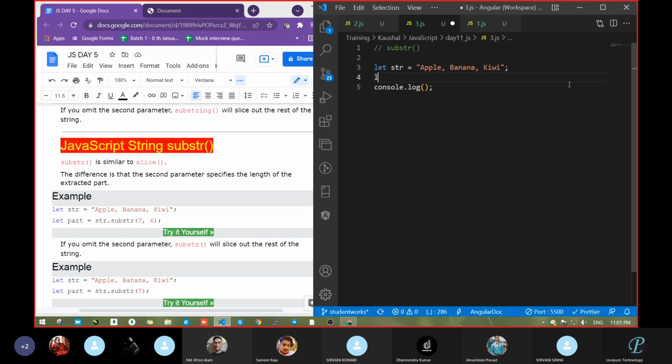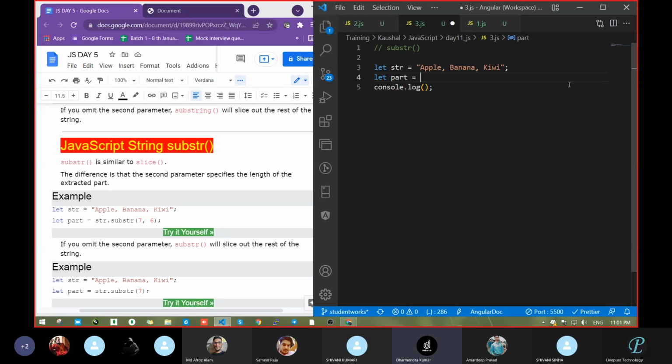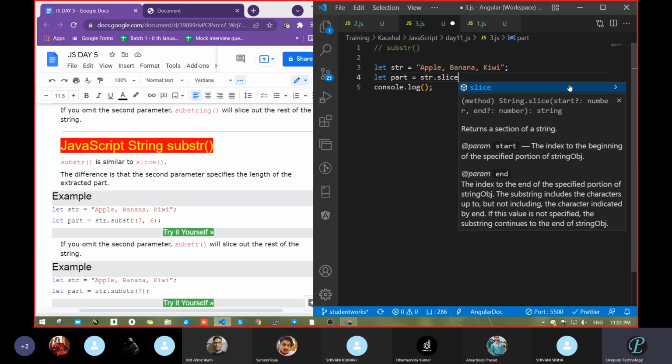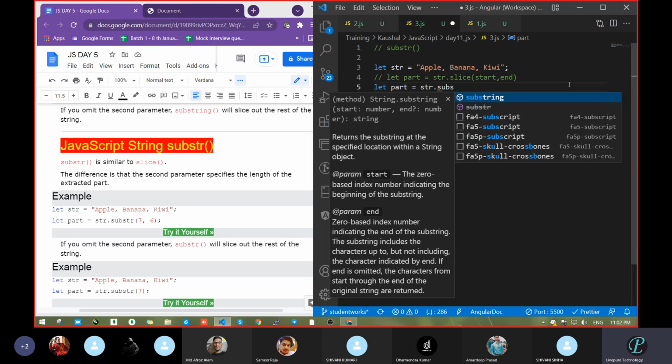Sir, the last ending, first to last, it is increasing. Fine, and here we were passing start comma end. Correct. But here in the case of substr, let part equal to str dot substr.